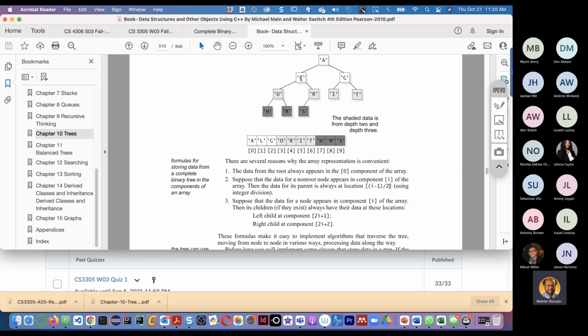Its father is the root. How about the second one? If I equals 2, then 2 minus 1 equals 1, divided by 2 is 0.5. But we are taking integer division, which means taking the floor, so that is 0. So index 0 is the father of G also.